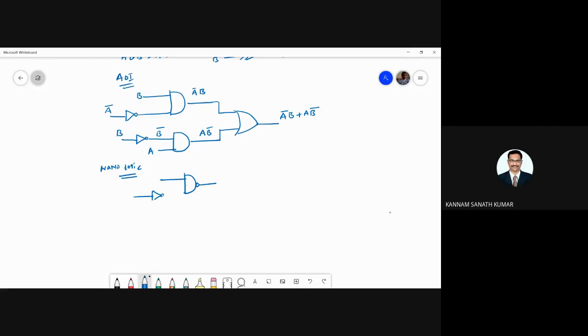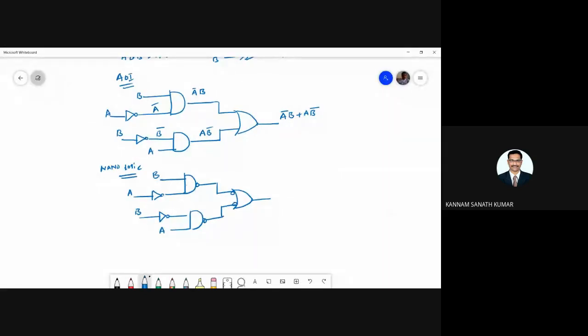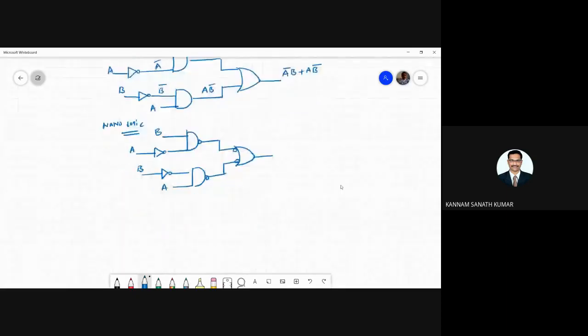Okay. So this is inverter. Sorry, this one is A. This one is A and this one is A bar. A, B. Here also you have an AND gate. So this is coming through the inverter and this is B and this is A. And you have an OR gate. In OR gate, what you should do? You should add the bubble at the input side. So this is the first step.